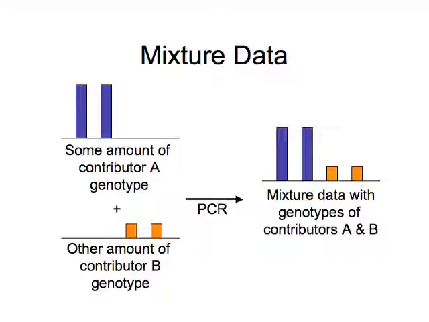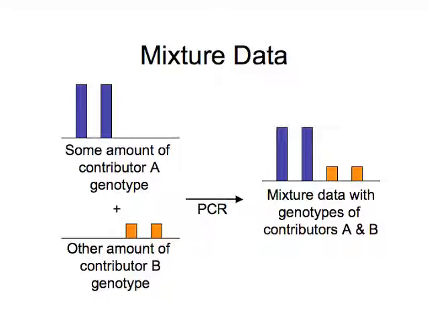On the top left, we see some amount of contributor A's genotype at a locus. The x-axis here represents the length of an allele. So the two blue bars shown vertically show a certain amount of two alleles of smaller length. Underneath it, we see another axis where there are two orange alleles representing another amount of contributor B's genotype at a locus. When those are put together in one tube, then you have more of contributor A than you do